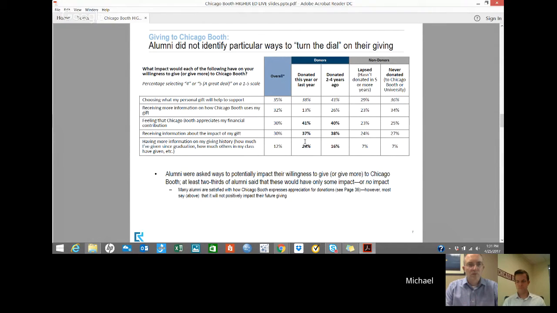These are the people who rated each of these a 4 or 5 on a 5-point scale, and you'll see that they're 35% and below. However, I don't think there was a lot of negative reaction to this. A lot of them actually fell in the 3s. They were very neutral, meaning I think there was just a sense of disinterest or apathy there.